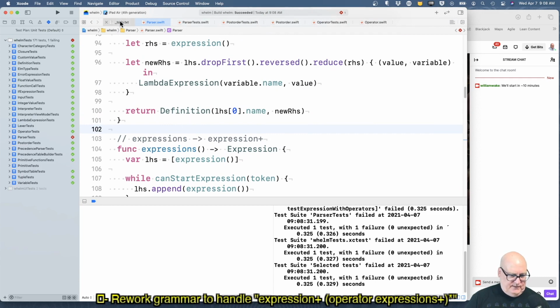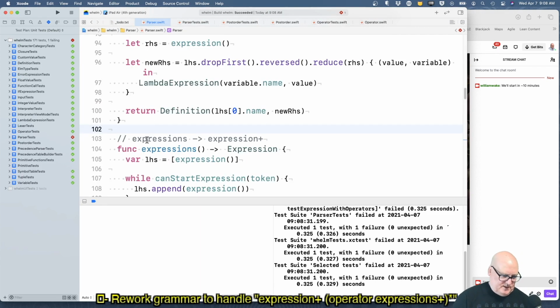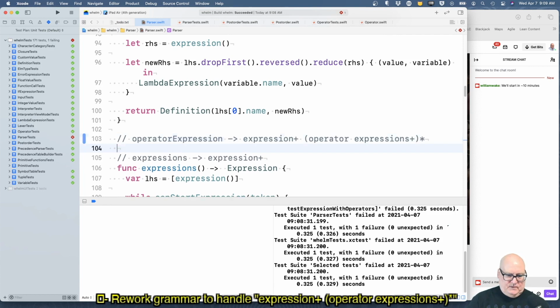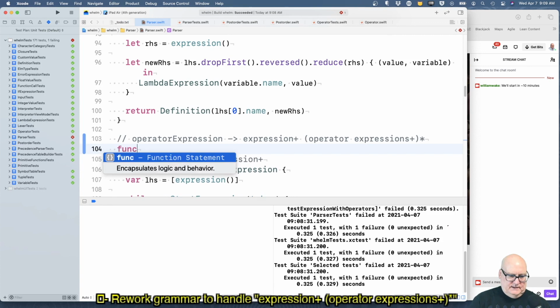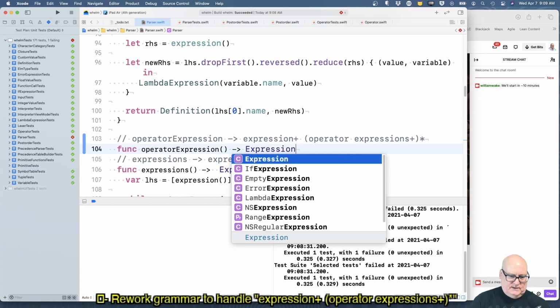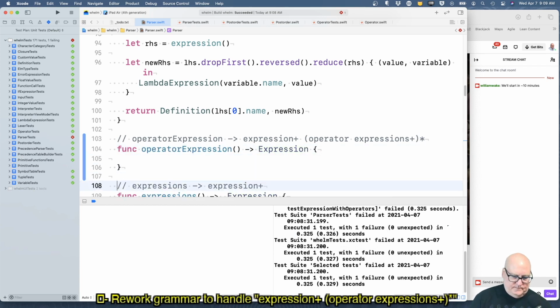So if we take this, and I think I'll just call it operator expression maybe. Goes to that. And then operator expression yields an expression.